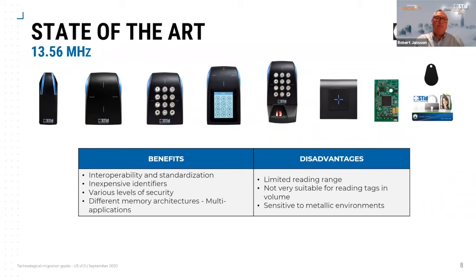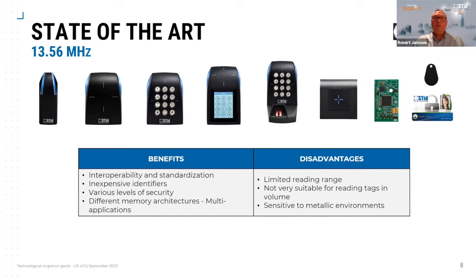Very inexpensive identifiers in the 13.56 megahertz. And the benefits also are that you can have so many different security levels. And the base of the security levels on a DESFire EV2 and EV3, for instance, is very, very high and will lead you into a secure future for many, many years to come. You can also now, with the 13.56 megahertz card, move into the thought of multi-use, so not using the card only for access control. You can also use the card for time and attendance, cashless vending,